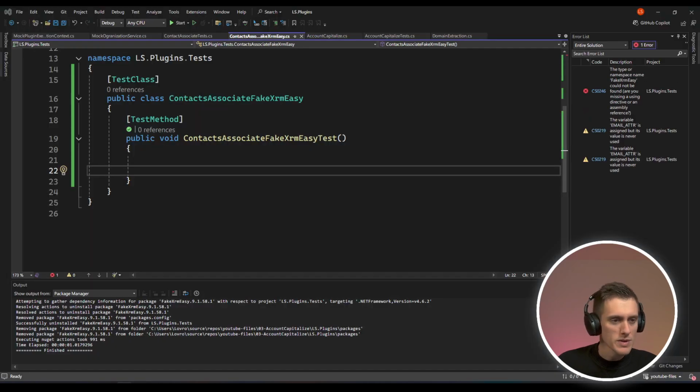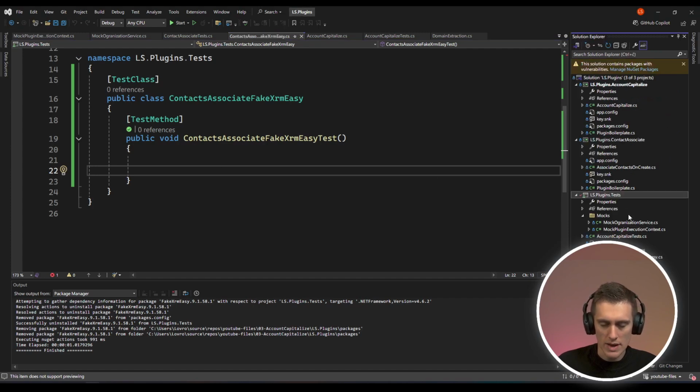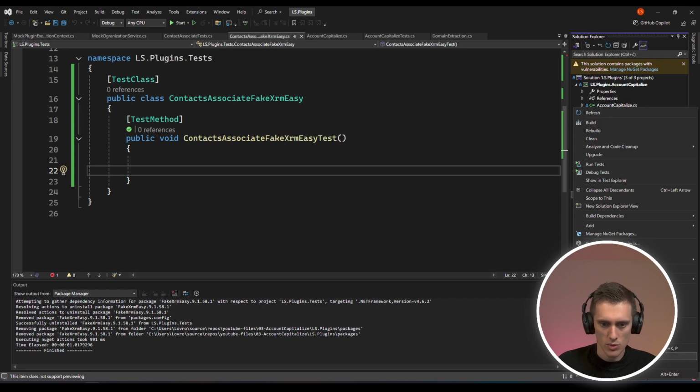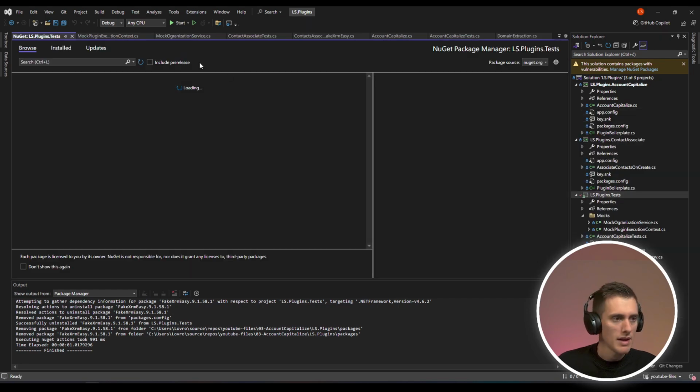Now, if you want to use FakeXrmEasy, you'll need two things. First, you'll need early bound classes, which is what we created in the previous tutorial, so you're good if you followed that. The next thing that you'll need is to install FakeXrmEasy, because it's a separate package. Just right-click on your test project and choose Manage NuGet Packages. Now go to Browse and type in